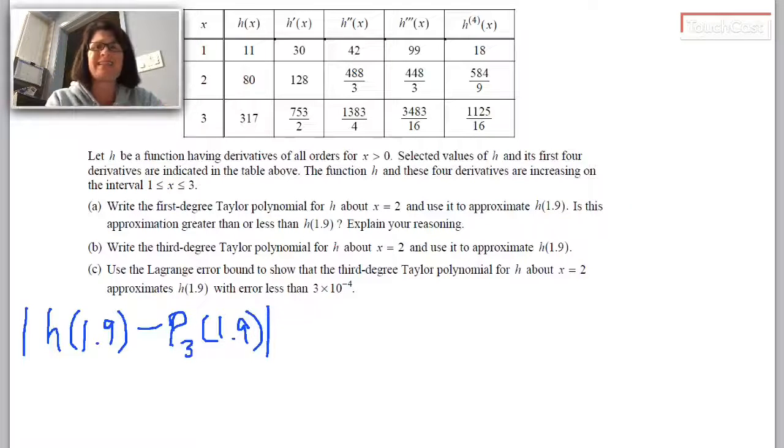So the reason I'm writing that instead of capital R sub n of x, we haven't defined in this problem that R to mean anything specific. So I'm just writing an expression for the error, the absolute value of the difference between the actual answer and my answer, instead of having to stop and define what R means. This is the common notation you would see. This is the notation that they're going to publish in their answer key. Is going to be less than or equal to